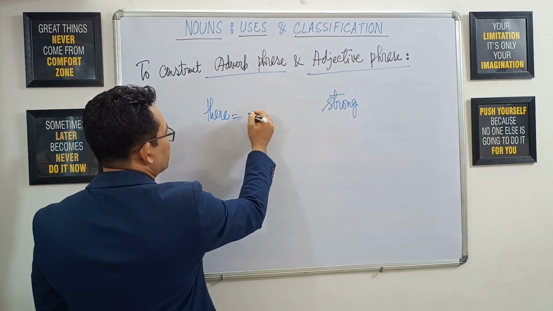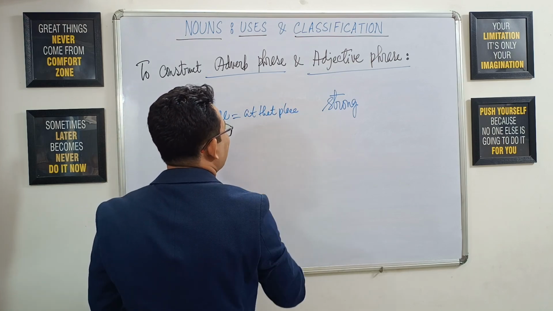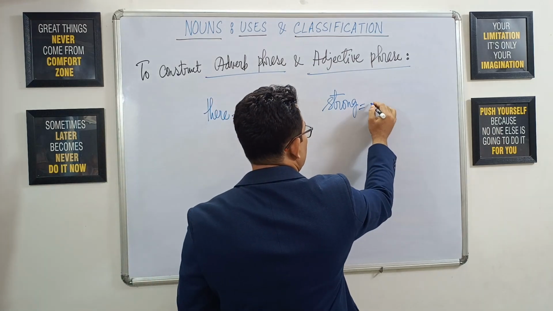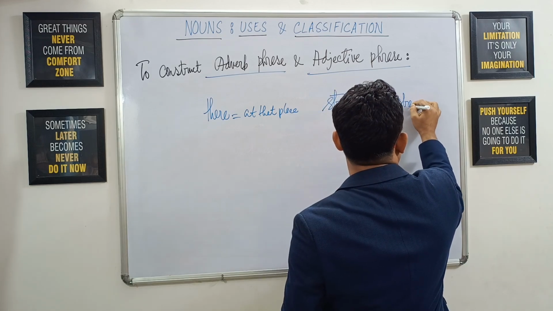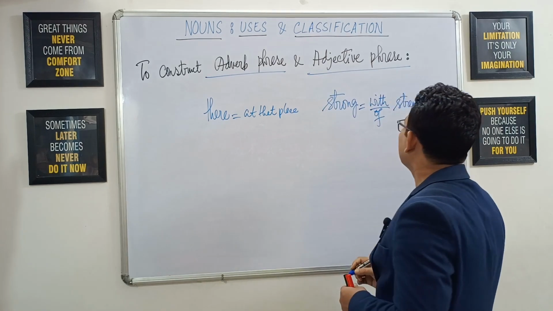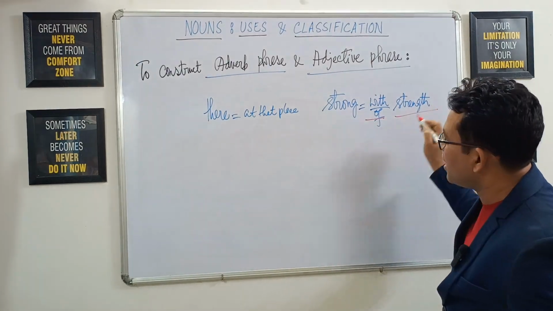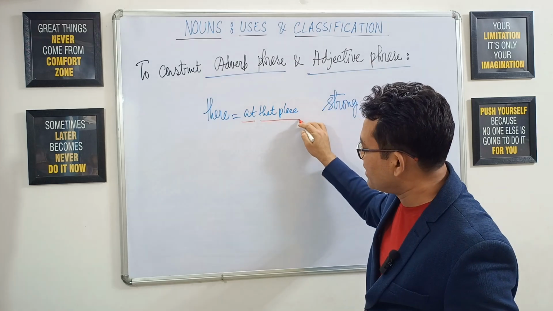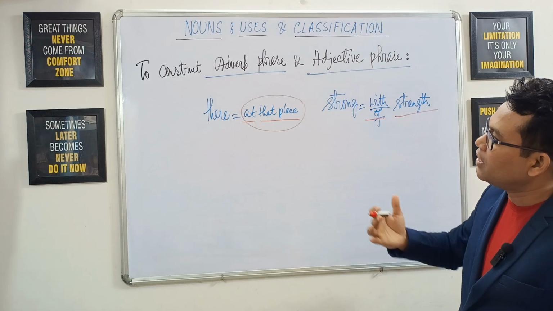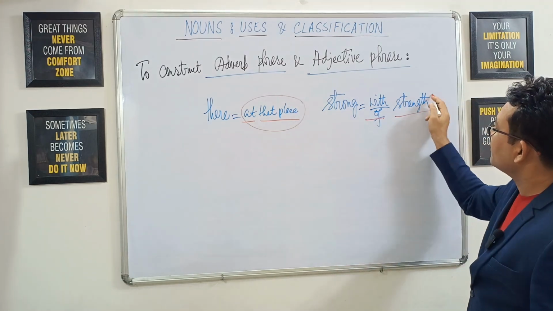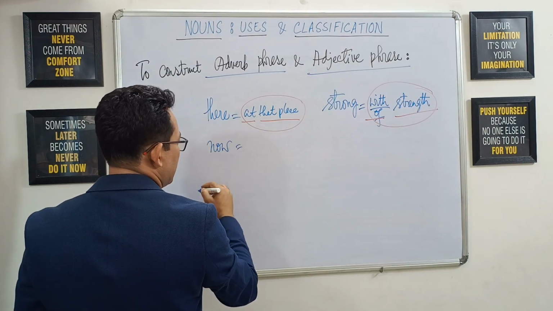So there means at that place, and strong means with or of strength. So the combination is preposition plus noun, preposition plus noun phrase. All right. So this is the combination. This is how we are framing on our own to get an adverb phrase, and here it is an adjective phrase. Similarly, now means